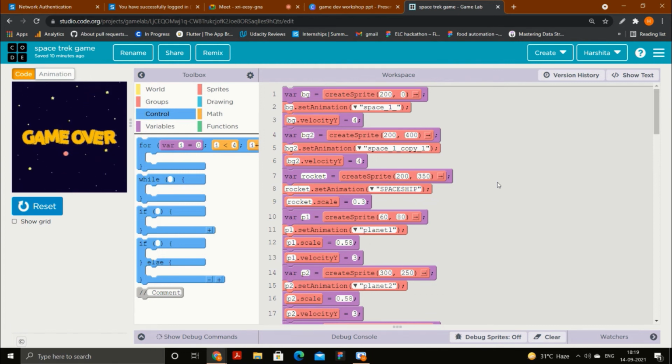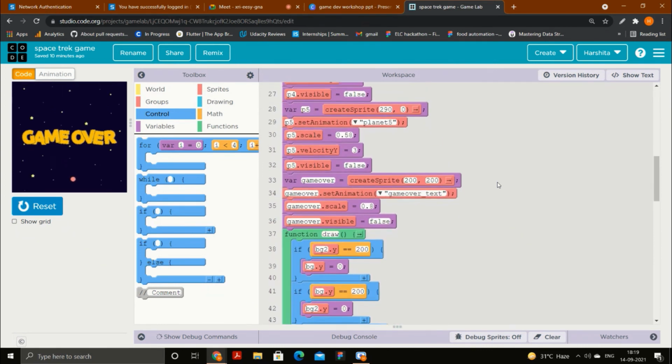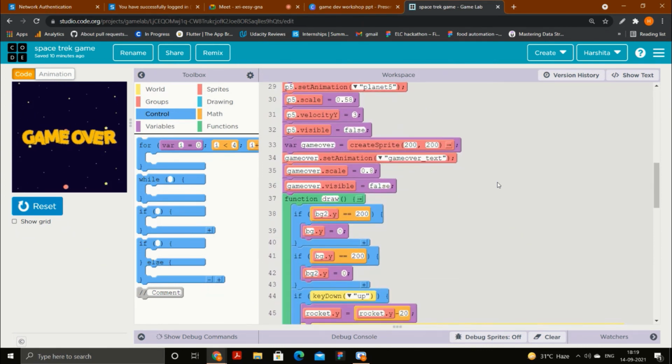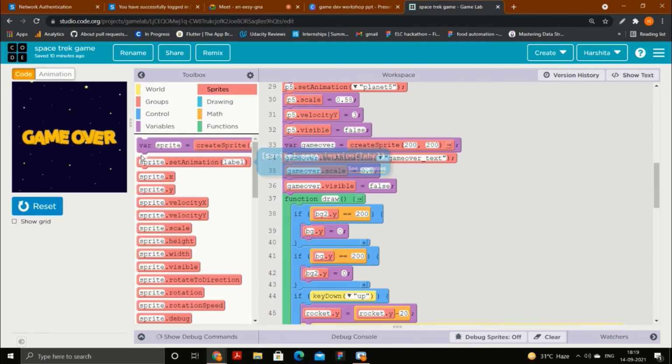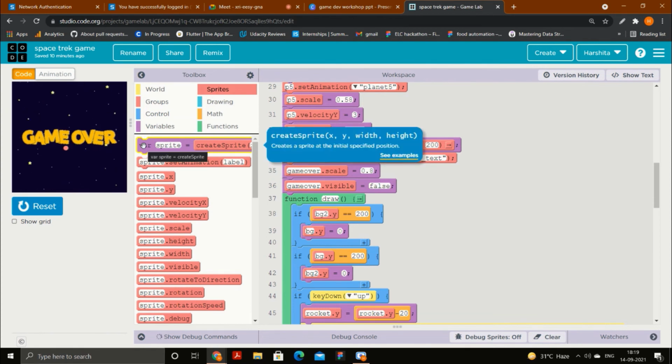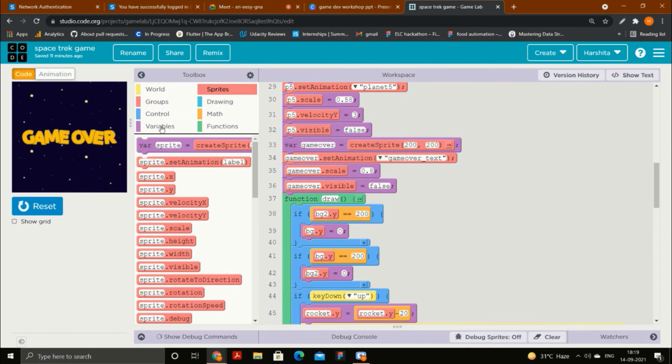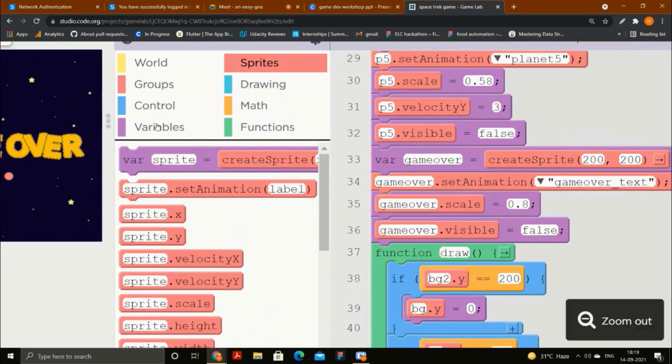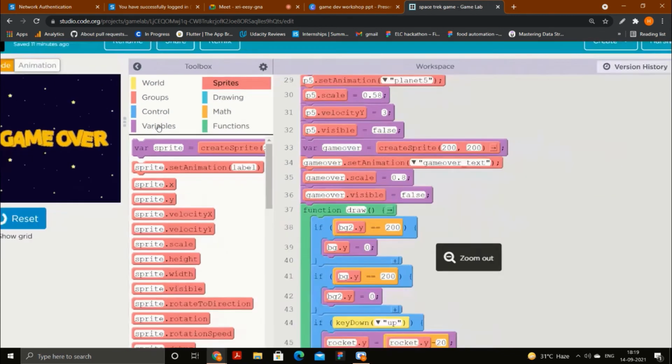So to put a value in any box, we need a variable. We will make a variable, and this variable is not connected with the animation. So for making this variable, we will not use this one. We will use this variable section, which you can see in the toolbox.